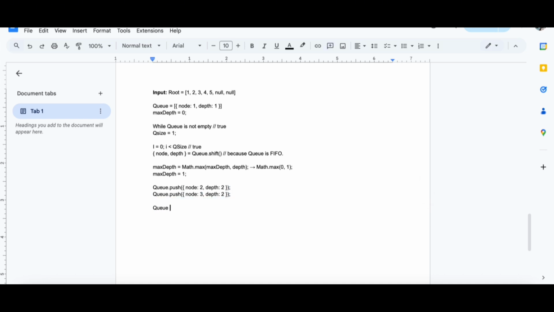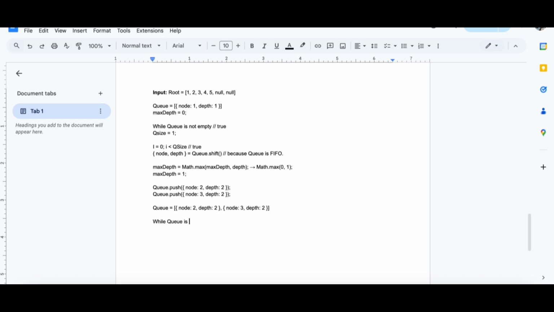Now the Q looks like this. Hold on. This one is 2. This one is 3, then the depth is also 2. Okay. Then we continue, right?